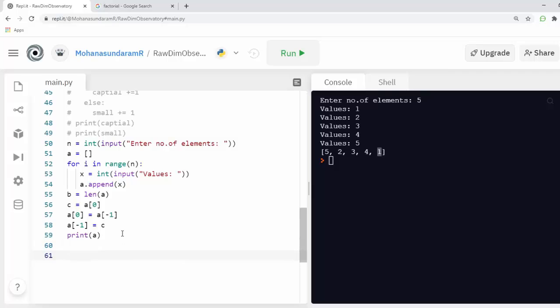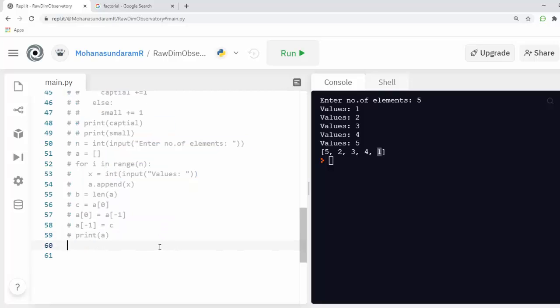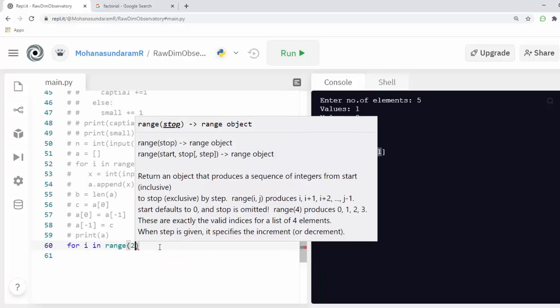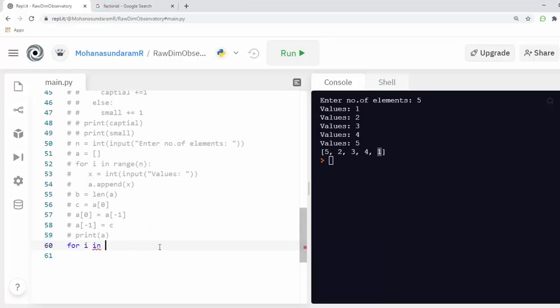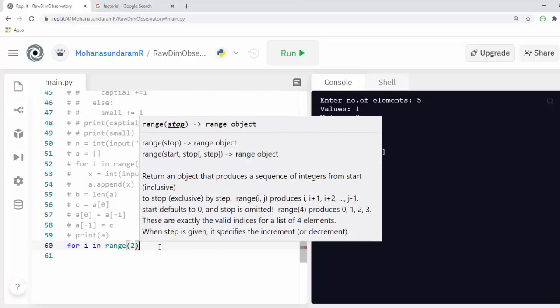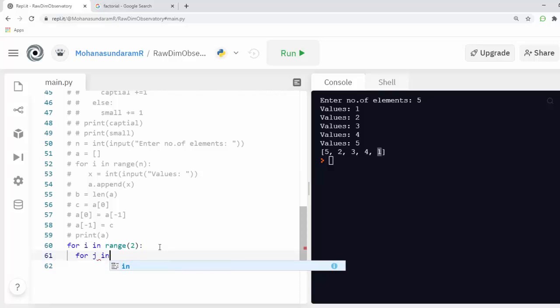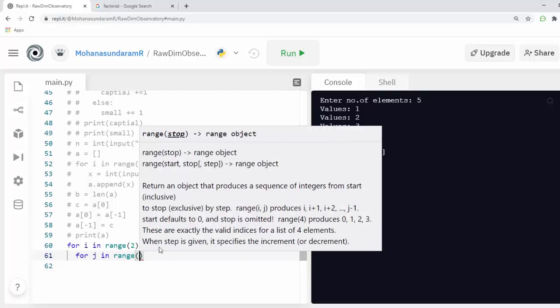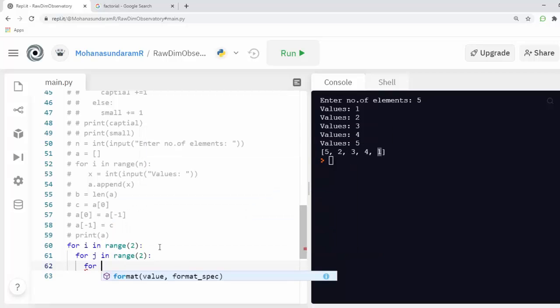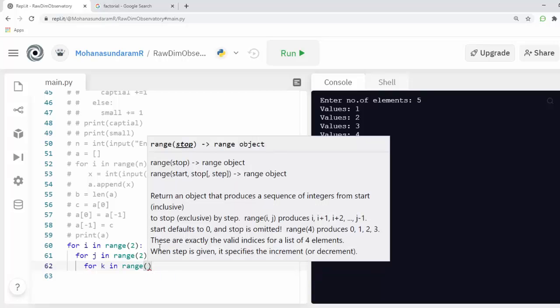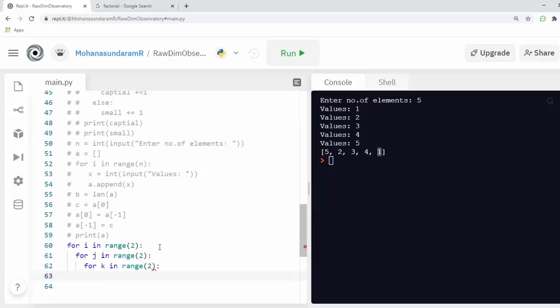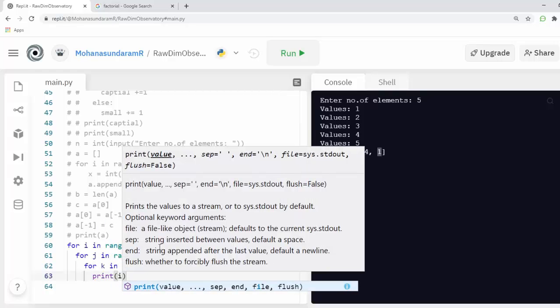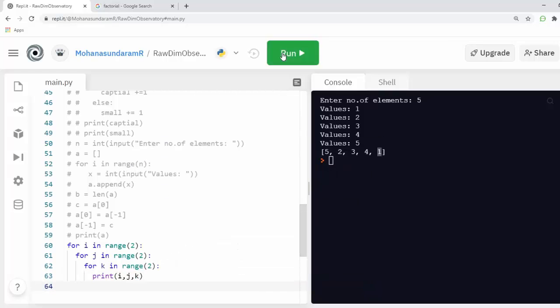For this example, I'm creating a for loop: for i in range of 2, and for j in range of 2, for k in range of 2, print i, j, k. Now I'm printing this.